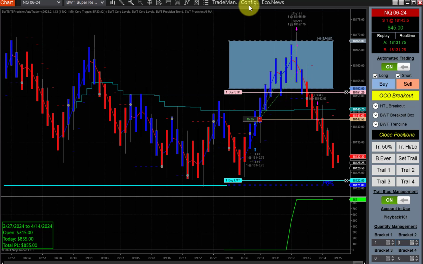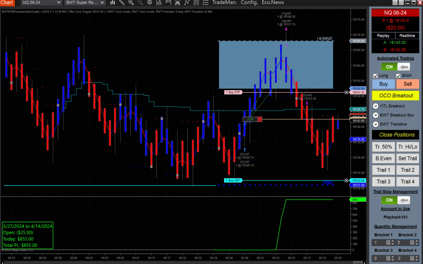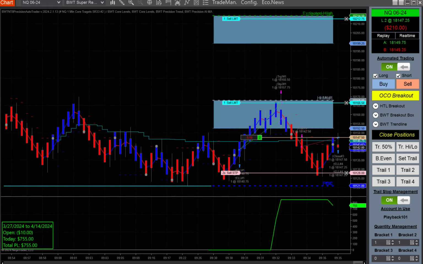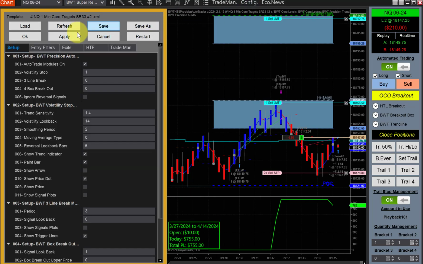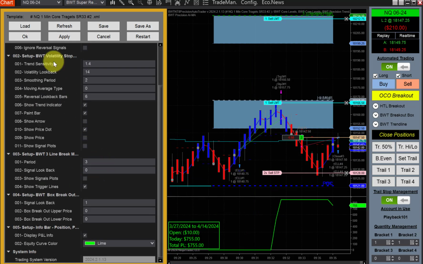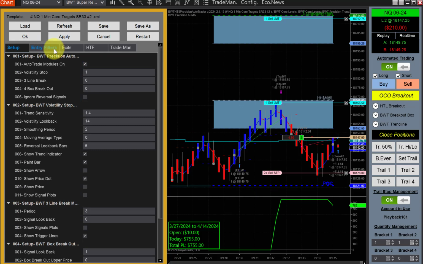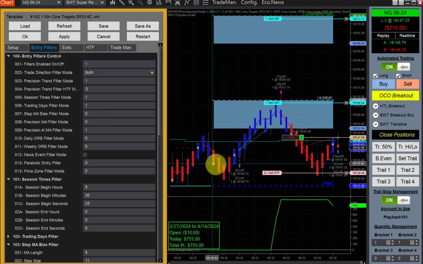Now, one of the features in the Autotrader, just going to pause this for a second, is the ability to ignore reversal signals. Now, I've played around with this, and I prefer to use a moving average to filter out reversals. In this case, I'm using a really fast moving average, but it's effective, and what it's going to do is it's going to filter out